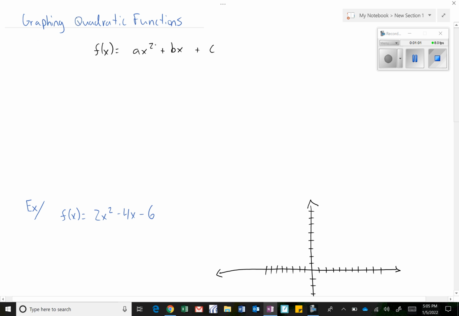parameters. Ax squared, bx, and c all represent something different. Ax squared here is called the quadratic term. It's the quadratic term because it's the term with the x squared. So that x squared is what makes the function a quadratic. The bx is called the linear term. And then c over here by itself is called the constant term. I just say constant. Okay, so we have ax squared plus bx plus c, and it's really this ax squared that makes it the